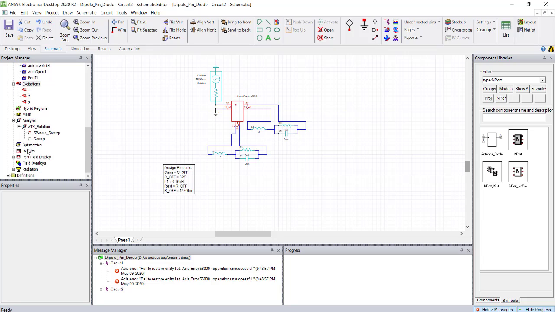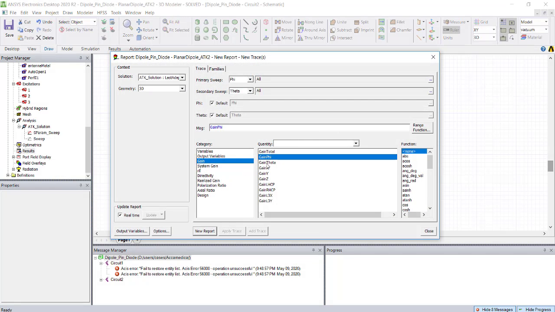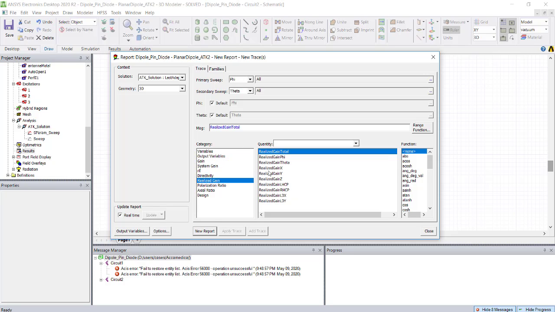And now if you want to see the radiation pattern at 4.6 gigahertz, what we earlier used to do is go here, go to 3D polar plot and plot the gain and everything. So let's plot a realized gain. You won't get anything.